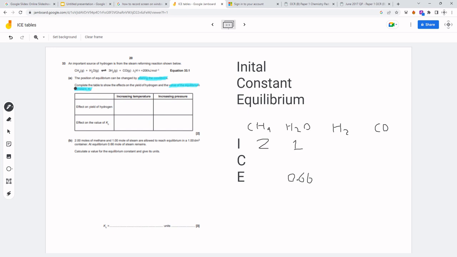A couple of things to note here. This is a typical ICE question, and you can tell by the fact that it's asking about the position of equilibrium after altering the conditions of a reaction. Typically, whenever you're asked to use the ICE equation, they're usually asking about the concentration of something after it has reached equilibrium, given the initial concentrations, or it's asking you about